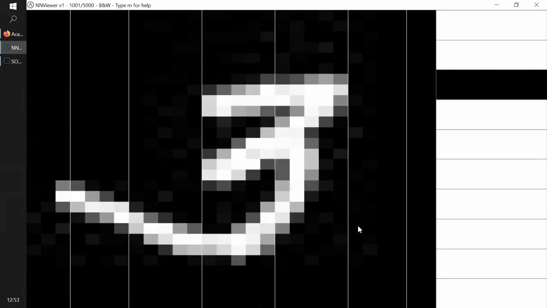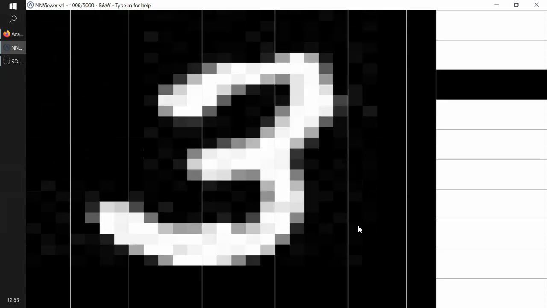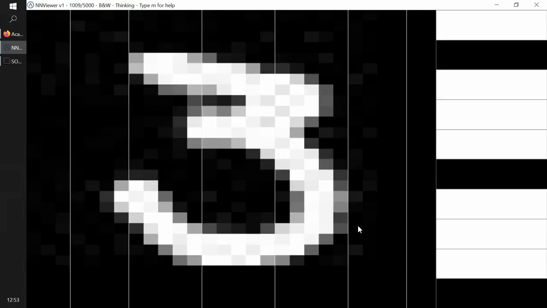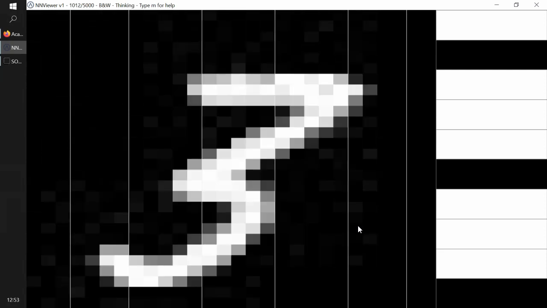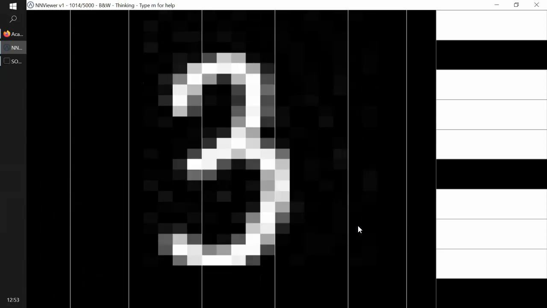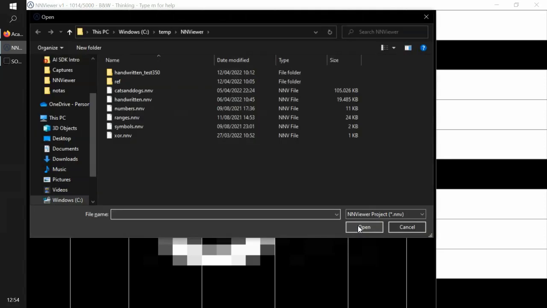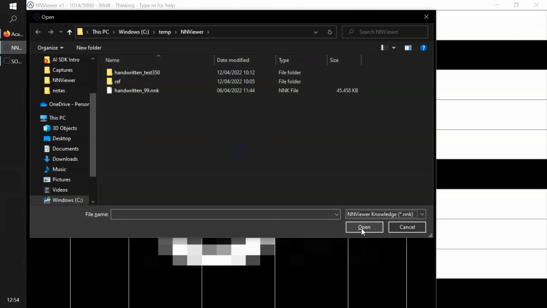If you switch to thinking mode with the T key, you will see that the neural network, at this moment, does not know which number this is. Therefore, we need to train the neural network. To save time in this video, we have previously trained a neural network and saved its knowledge. We can load this knowledge with the same O key, selecting the NNK extension and this